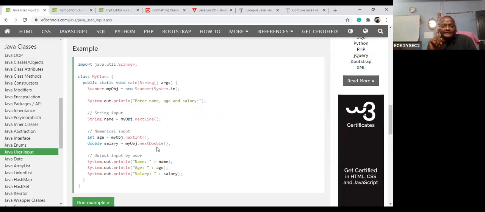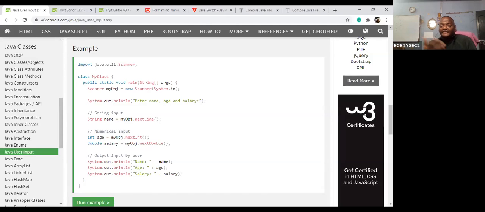A single variable cannot be assigned for all of these. There are different variables. For the string, you can use nextLine. For the integer, you can use nextInt. For the double, you can use nextDouble. According to the user requirement, the user can give any data.